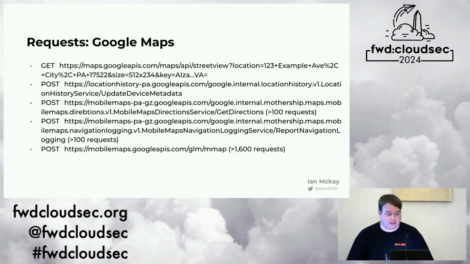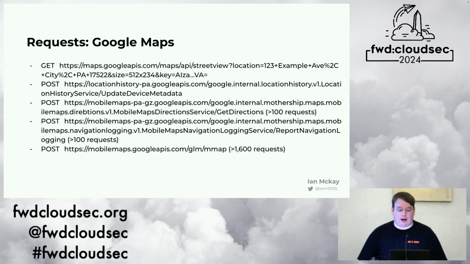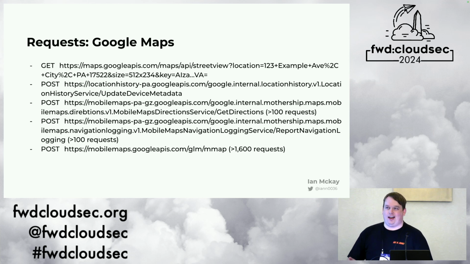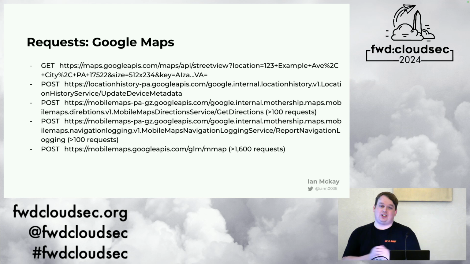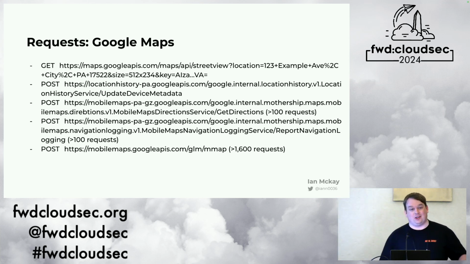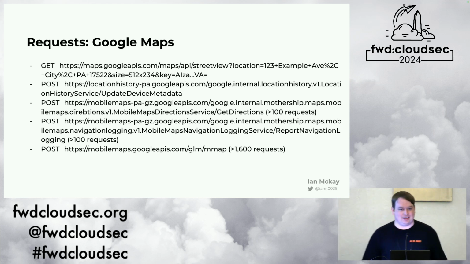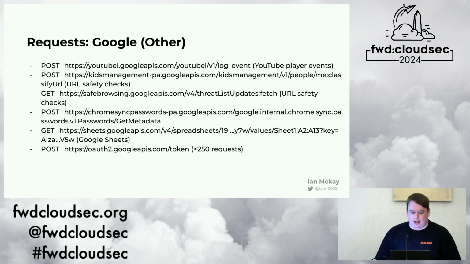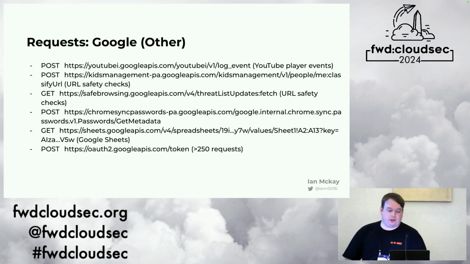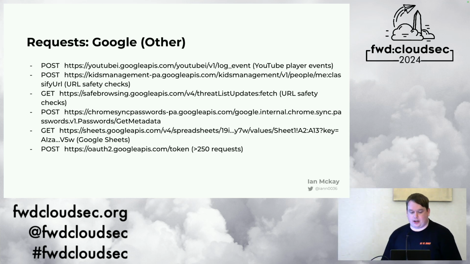There were a lot of these, in fact. So requests for Street View, requests to get specific directions. Now, if you think about the type of exploits you could do when you try and tell someone a direction that is not from Google, you could cause traffic jams, you could do a whole lot of different activities. It's a fun thought experiment. And things like the My Location history, which was a constant request that basically says, here's where I am, and things of that nature. Some other miscellaneous ones from Google, so YouTube player events, URL safety checks, the Chrome